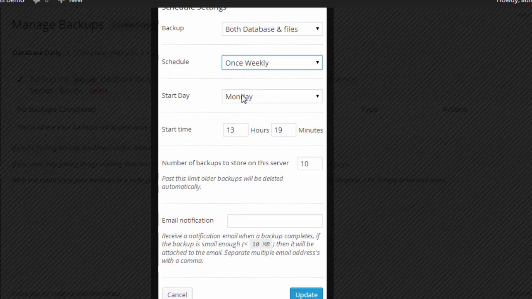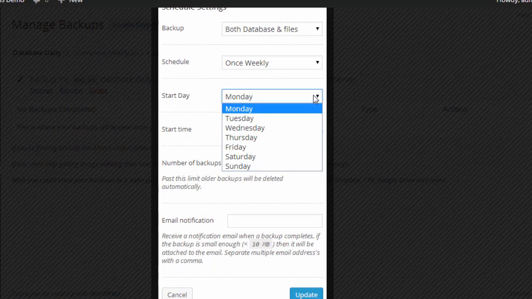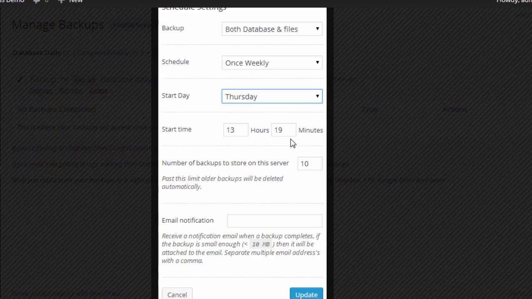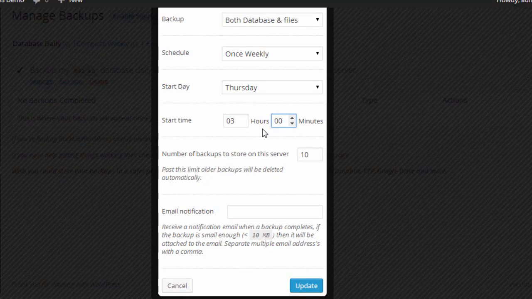Start day is the next field to set up in our schedule. I recommend using a day in the middle of the week for that, and for the start time, pick something like midnight or even later when your website doesn't have so much traffic. This is because we don't want our backup procedure, which can be resource intensive, to affect the online users of our website. We'll leave the default for the number of backups to store on this server,